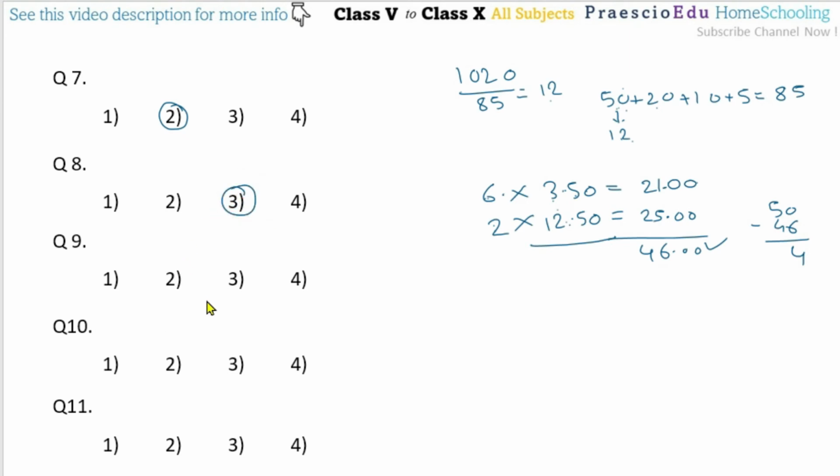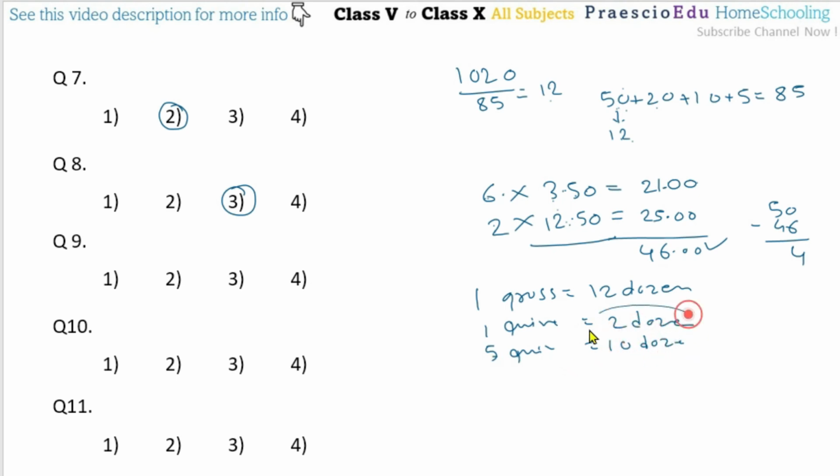Now question number 9. If 5 square paper out of 1 gross are used for printing, then how many papers remain? So for this one, as we know, 1 gross is equal to 12 dozen, and 1 square is equal to 2 dozen. So as per this, 5 square is equal to 2 multiplied by 5, means 10 dozen.